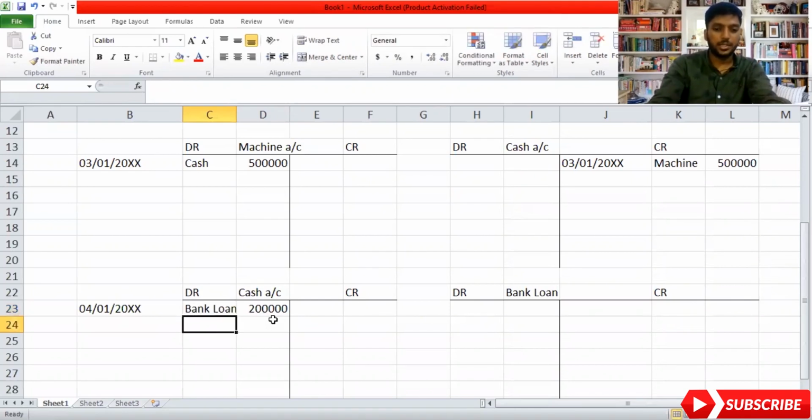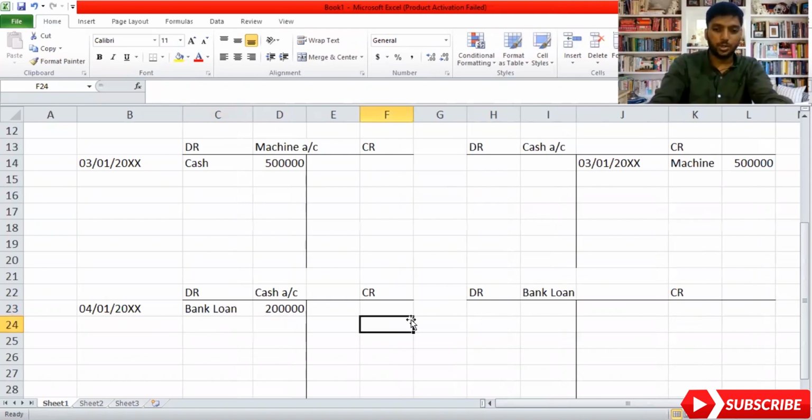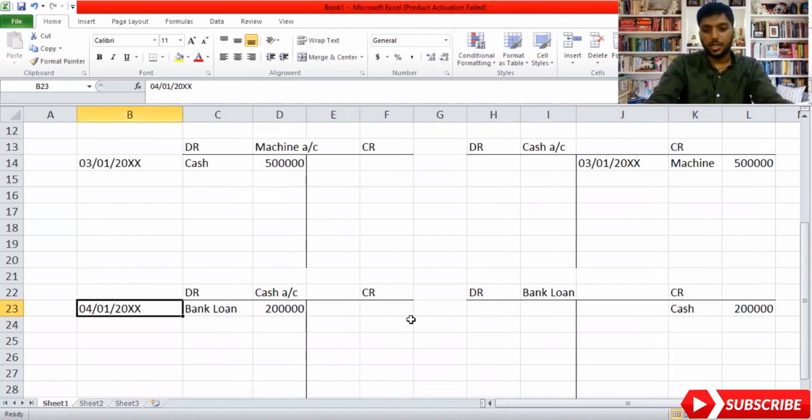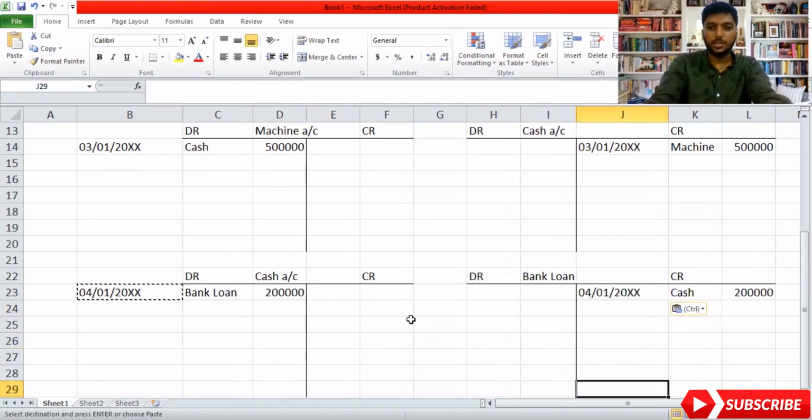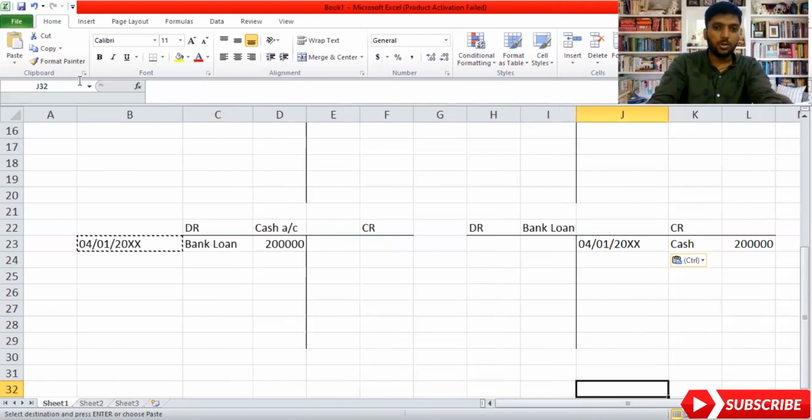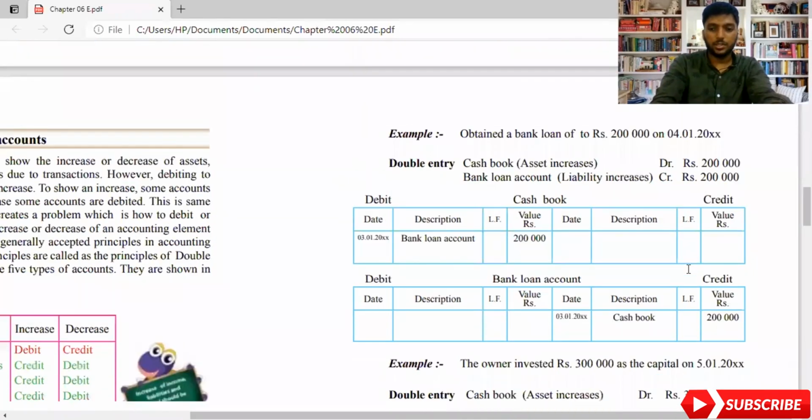Can you write the narration correctly? Specifically, if your narration is wrong, you don't know which account to go and look at. And here, bank loan, a non-current liability, when it is increasing, what will it be? It will become a credit. So I'll write it here, and don't forget to write the date. It's not mandatory to write the date, but it's better if you write the date in exams if they have given a date. Then we move on to the next adjustment, the third one.